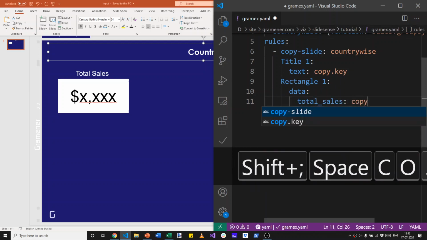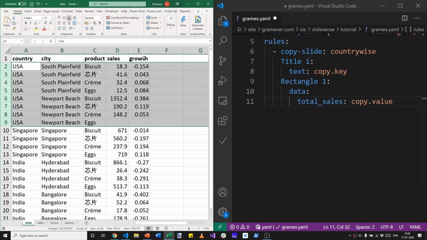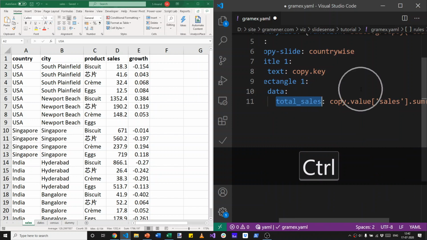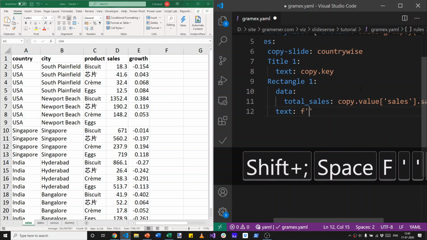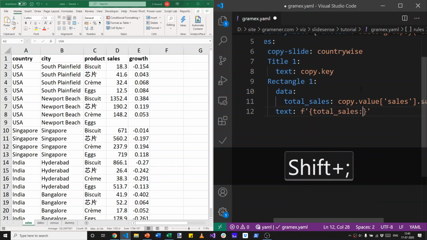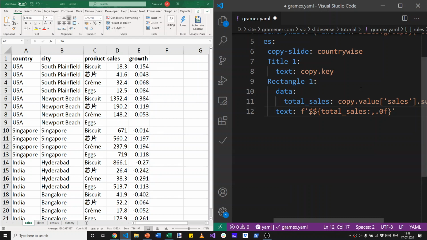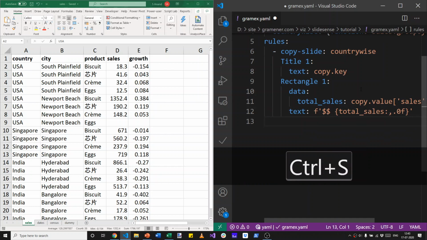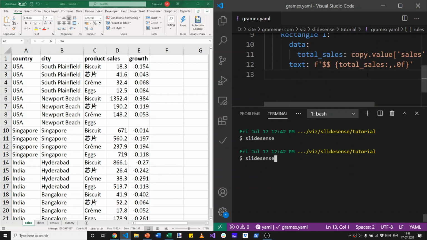So let's calculate the total sales data. This can be obtained from copy.value, which will be the data frame that contains all of the information here. We take the sales column and we sum it. That gives us the total sales. This we display by putting in a text as a formatted string. The text will contain the total sales, but we want it with a comma, 0 decimal places, and a format string. We probably want $1 in front of it, but I'll put in $2 because by default $1 is a variable and Gramex needs us to put in $2 in the configuration. With that, let's run slide sense,